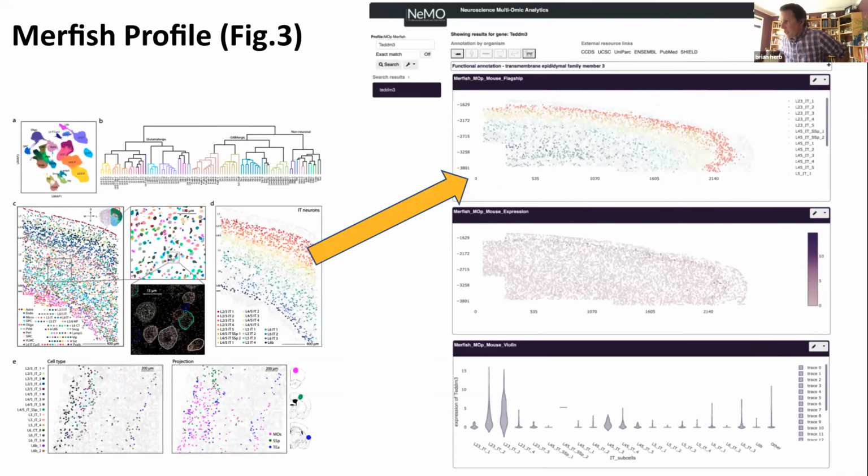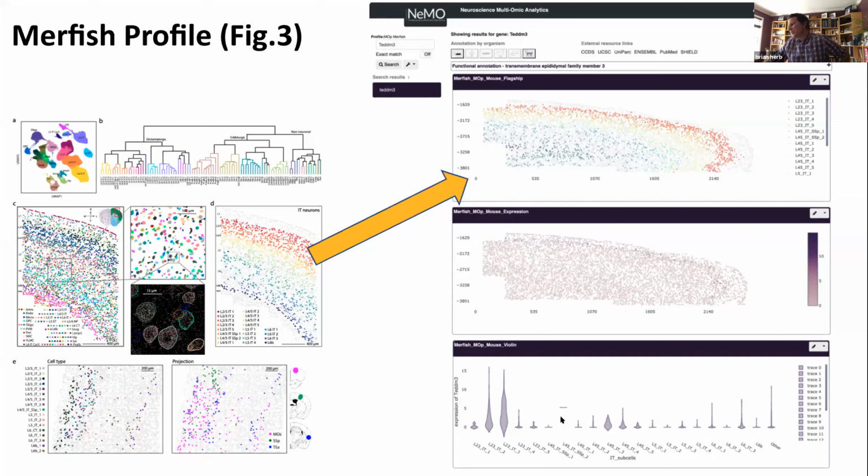Since there's a great interest in spatial data, we've also introduced a few profiles using the MERFISH data, this is now from the flagship paper. And as you see right here, this is the cross-section of that motor cortex region. They have identified a couple of individual cell types. You see them beautifully stratified throughout the cortex. And using their MERFISH data, this is just simply a plotting of that data. So you can quickly see that there's an enrichment of, in this case, TET-M3 in the L2, L3 layers.